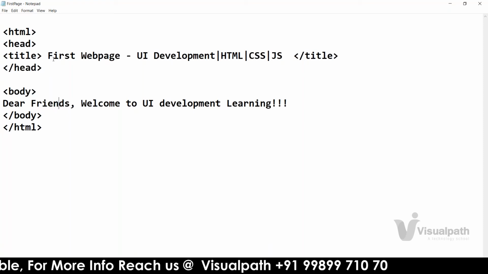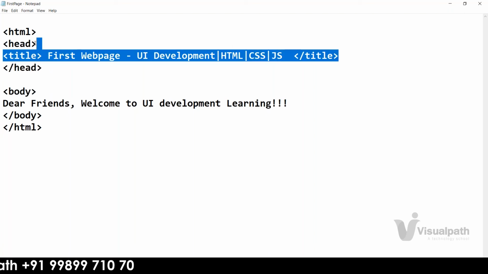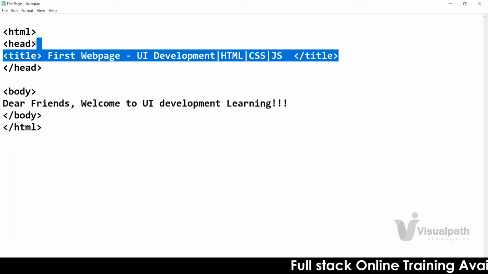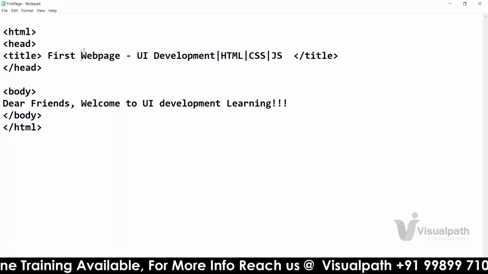And then if you want to provide some title to your web page, just now we discussed it. If you don't provide any title to your web page, then by default your file name will act as the title. To give the title, we can use a tag named title tag, and that will be provided inside the head tag. Okay, fine. We have done with that one. Now, fine, we are able to do this.